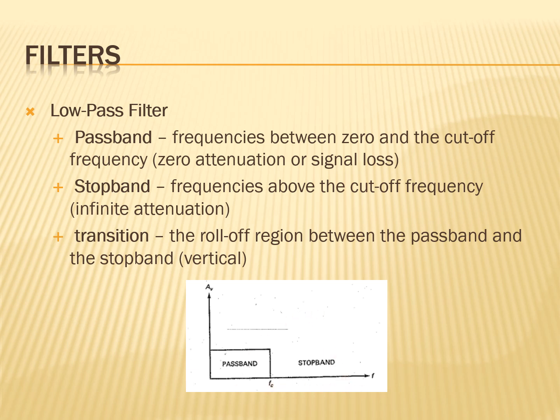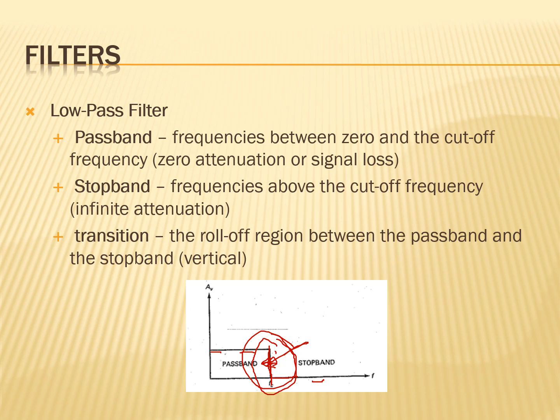And then we have another thing here. We call this the transition. So what is the transition? This one is your transition. This is the roll-off region between the pass band and the stop band. This is our pass band, and right away we have your stop band here. As we can see, our transition here is vertical. This is for an ideal low-pass filter.